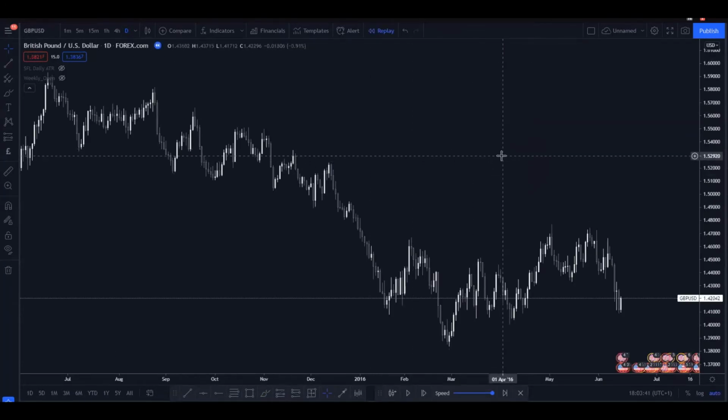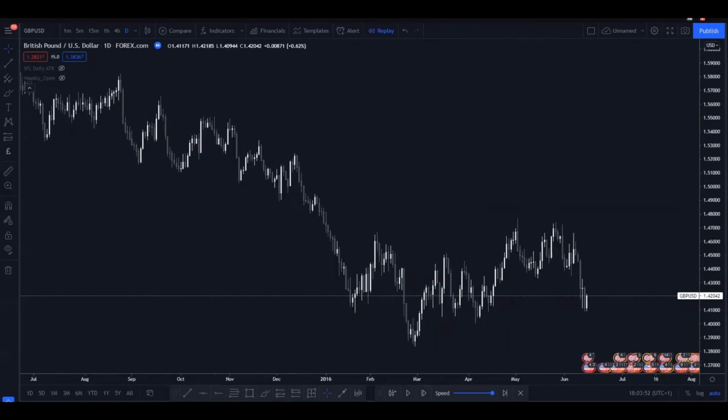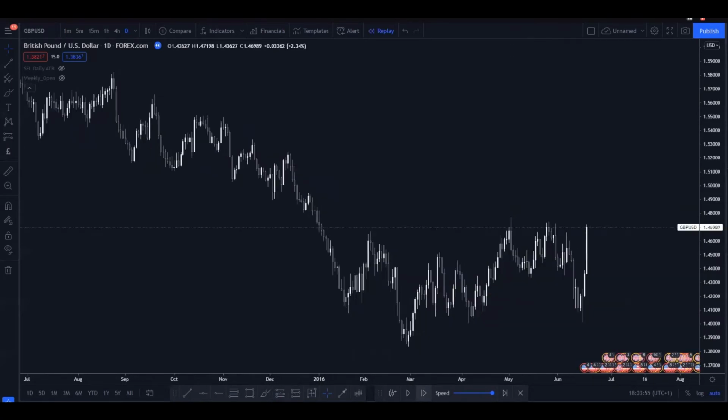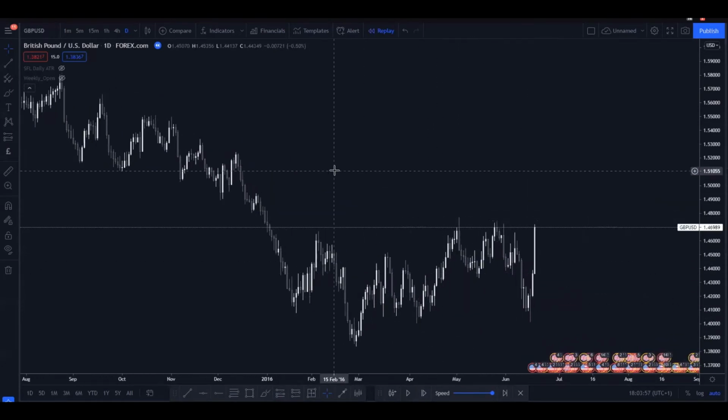Moving on. Another big fundamental driver in the market was Brexit Day. What I'm going to show you here is the daily candles of pound dollar in 2016, and if I just scroll across, you'll see how big the actual size of the Brexit Day candle was. Going into Brexit Day on the 23rd of June of 2016, everyone in the UK was actually expecting Britain to stay in the European Union. And as the news came in that we are actually leaving, it was a massive shock to everyone in the market.